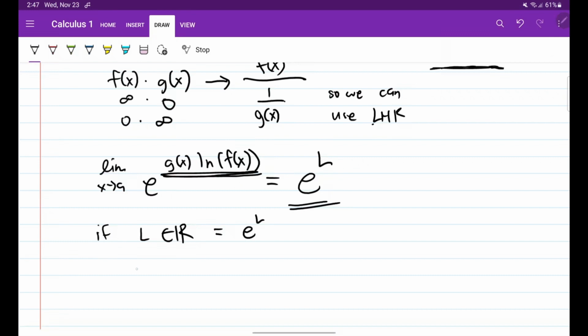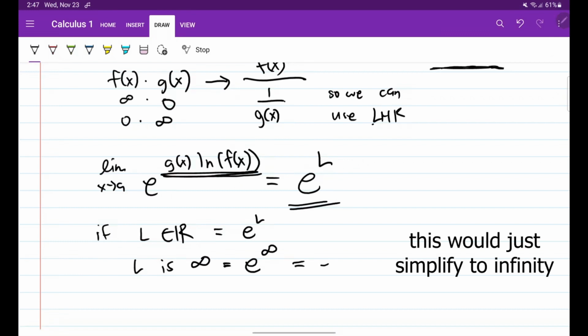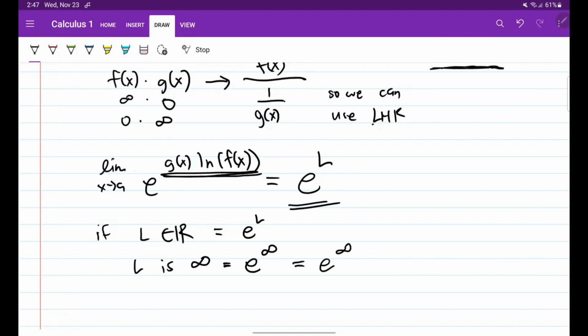Tama? Pero if L is equal to infinity, diba? So magiging e to the infinity to, and this would just simplify to e to the infinity. Pero kapag L is negative infinity, then this is e to the negative infinity. Or if we simplify this is 1 over e to the infinity, which is just equal to 0. Okay? So, ganun lang naman yung paggamit ng L'Hopital's rule kapag we have 1 raised to infinity,